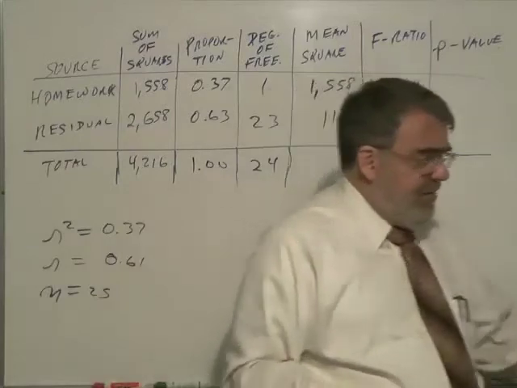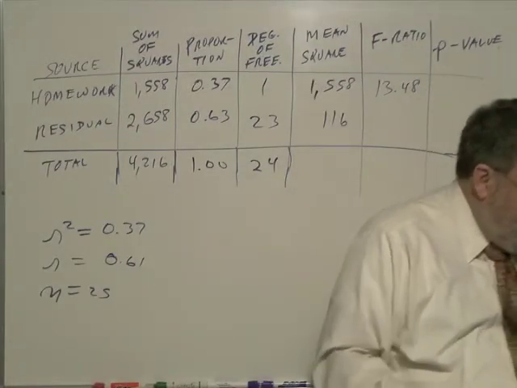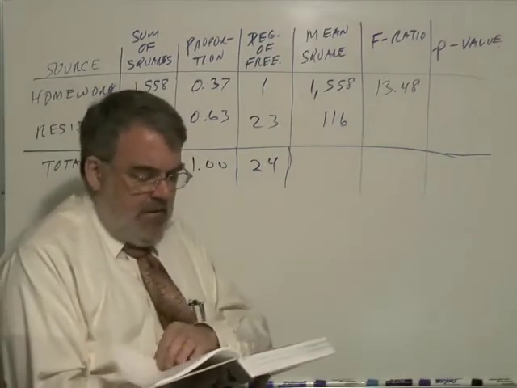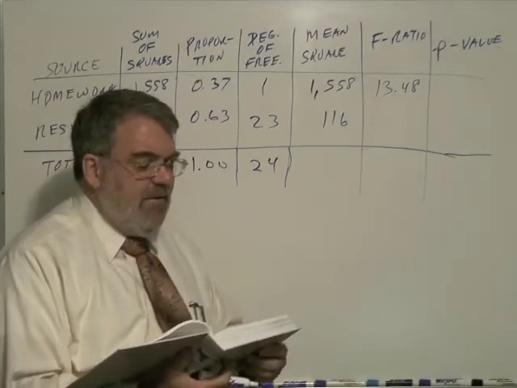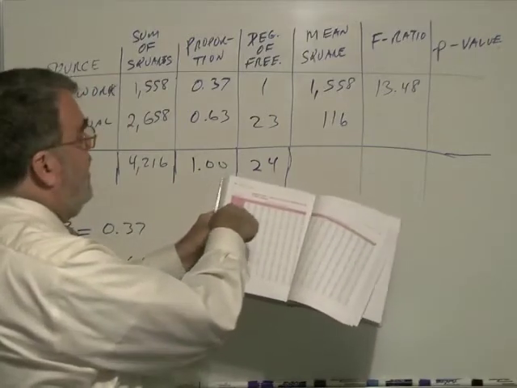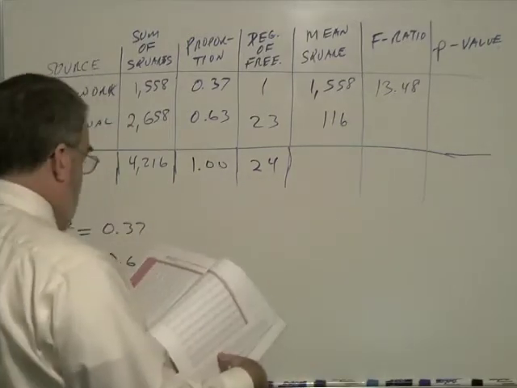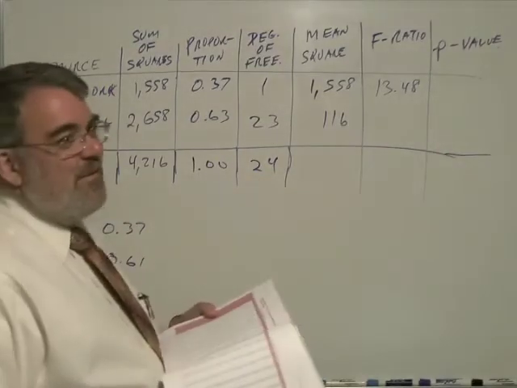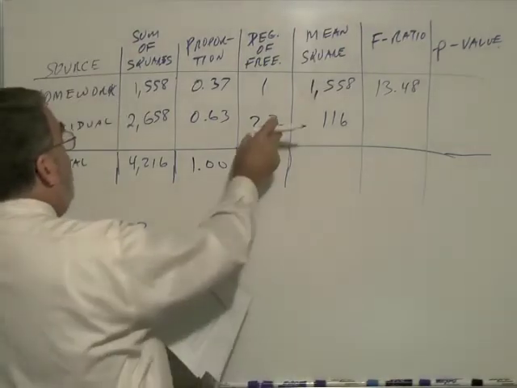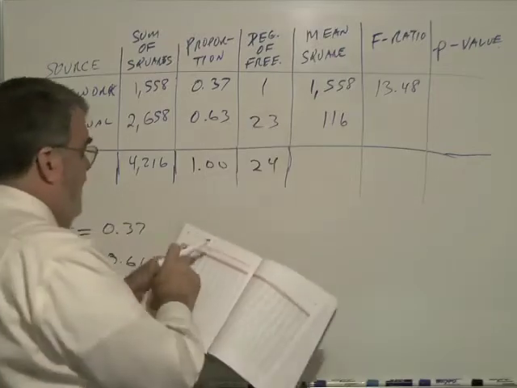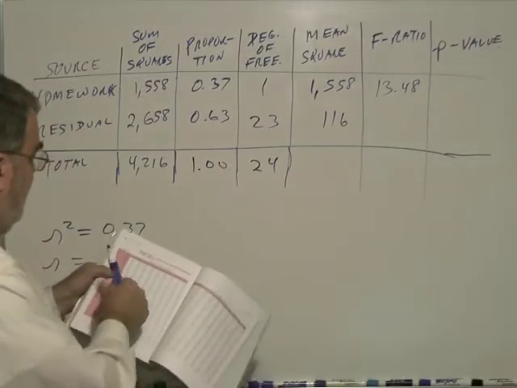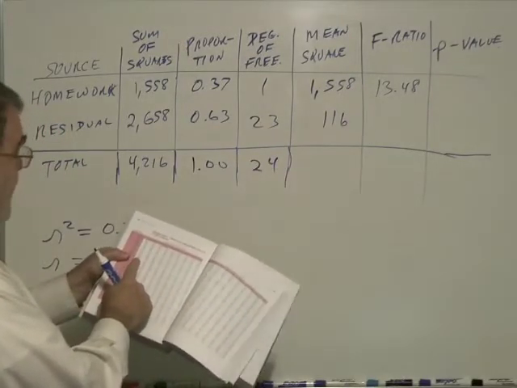All right, so let's see if we can find that in the book. And this time we're working with 23 degrees of freedom in the denominator. And the book does go to 23. It's on page 660, 23 degrees of freedom is up here near the top. Oops, I'm sorry. It should be 24. Correct that, please. It's 24. No, it is 23. All right, sorry about the hesitation there. The denominator degrees of freedom is 23, so we will be using 23. Numerator degrees of freedom is 1, so it's the first column. And if you look there,